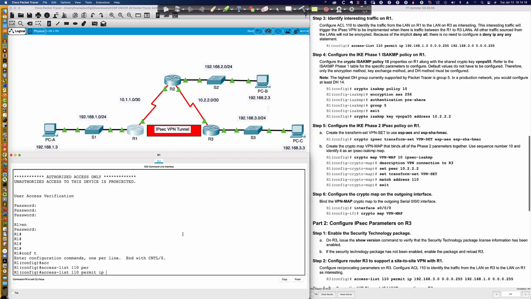ESP and AH are layer 4 protocols, and here's what's very different about them. They don't have port numbers. And you might be saying, well, why would you bring up the port number thing? This is going to be important when we start to talk about IPsec and NAT, Network Address Translation, because